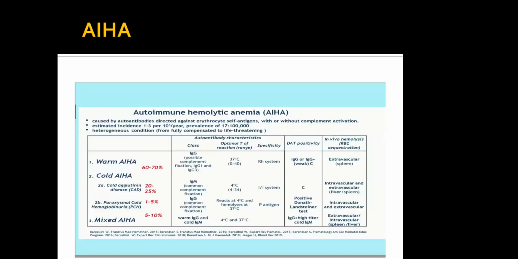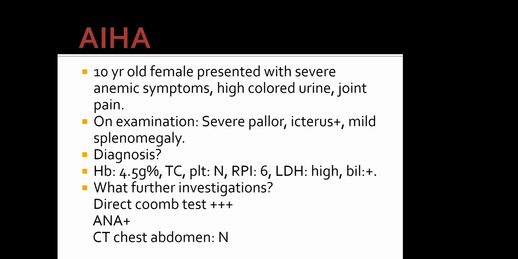Now, why did we do a chest CT in this child? Because she presented with severe anemia and she was going into failure in our patient. So that is why the chest and abdomen CT was done, because we were worried that this is actually